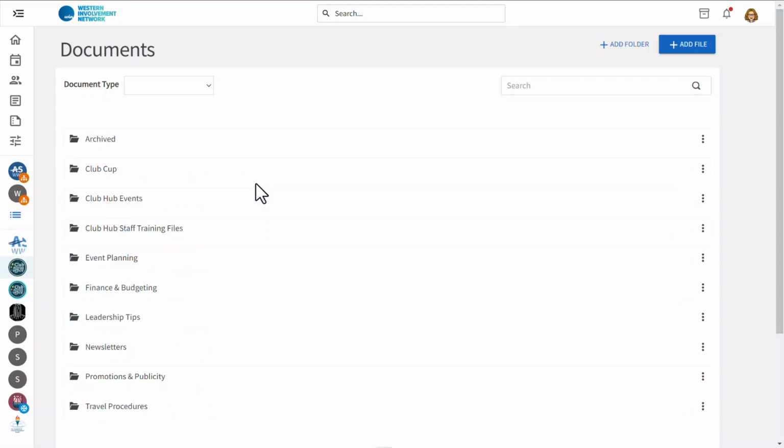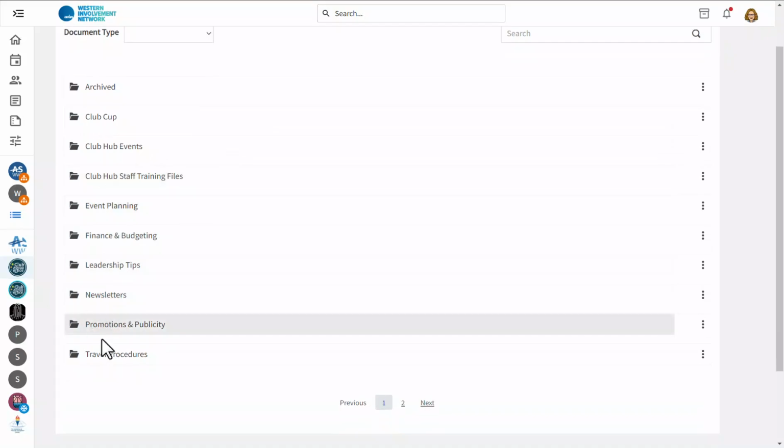With all things in your WIN management, you can choose to make documents public just for Western users to view or just for your roster to view. For campus offices, you might choose to store instructional documents, event flyers, etc. to help students view things you'd like them to see or use. As you can see here, you can also create folders for easier management.